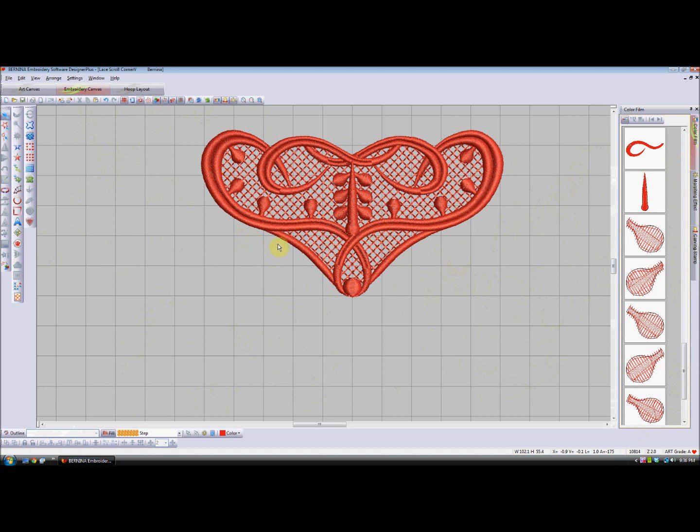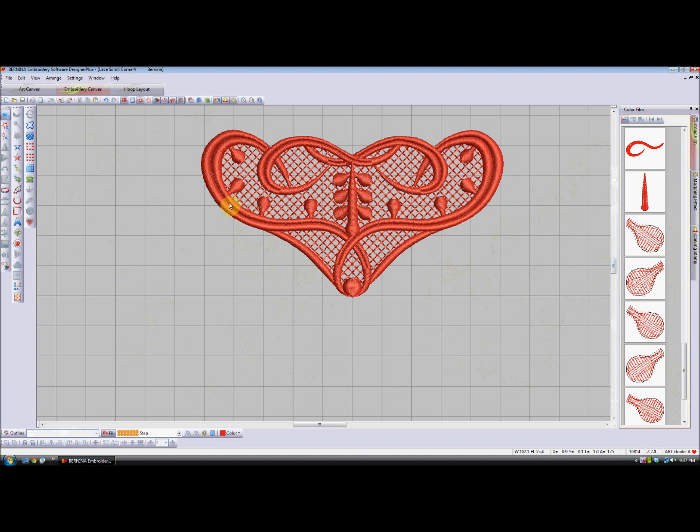So to create different looks, you might want to create different ways of joining your objects together with, instead of just a mesh, or you might want a heavier mesh or a lighter mesh. I probably wouldn't go any lighter with a design like this, but you could have even lace that is just running stitches, like a triple run stitch through a very light mesh to create a very delicate lace. So all of that is basically experimenting, but here's a good place for you to start and get a little bit of a handle on